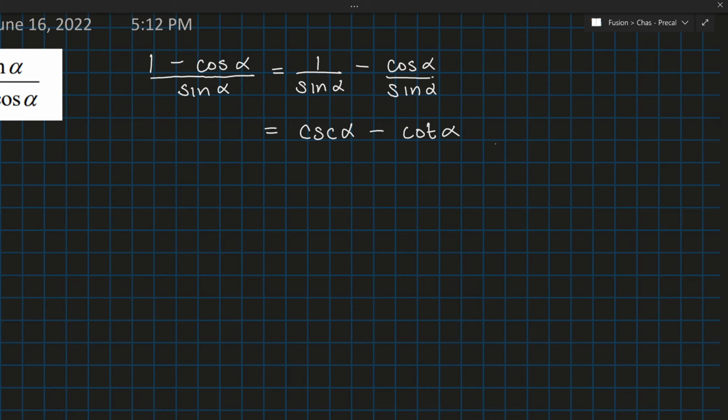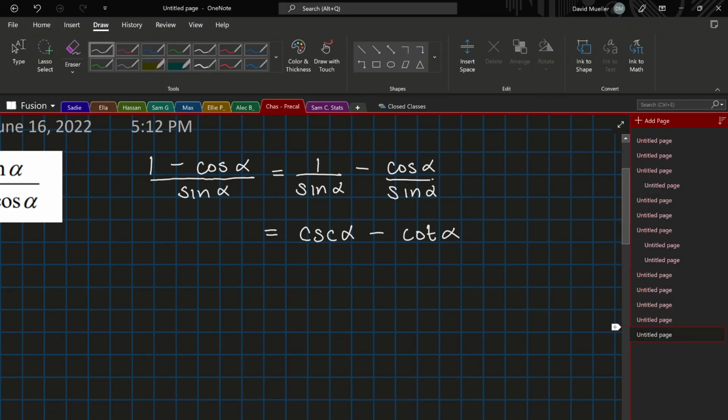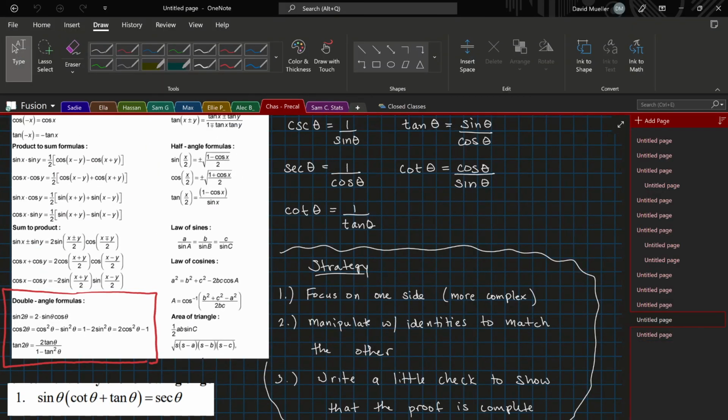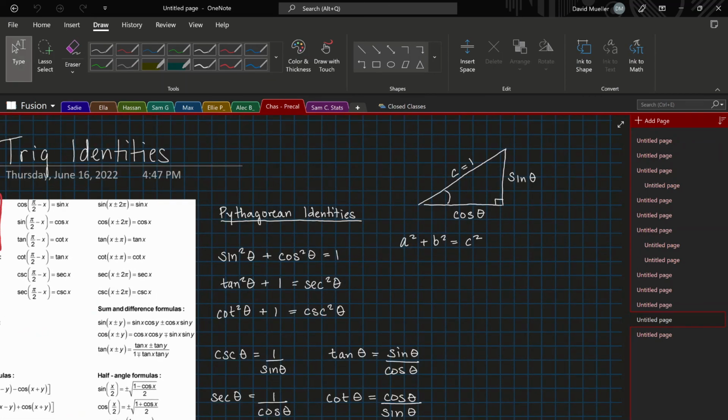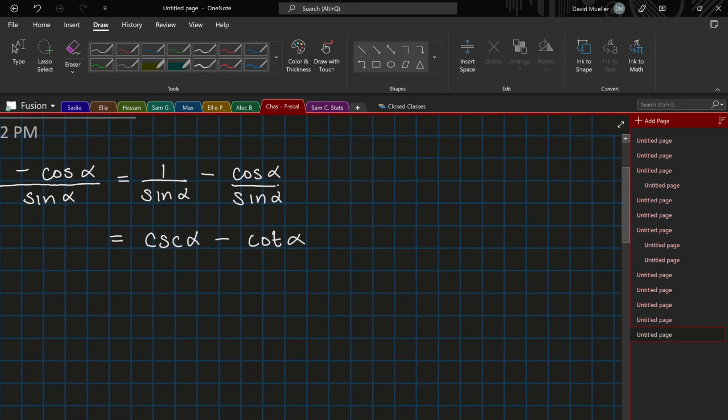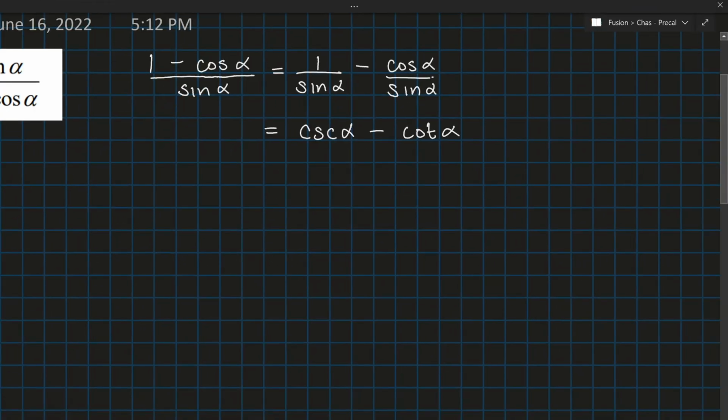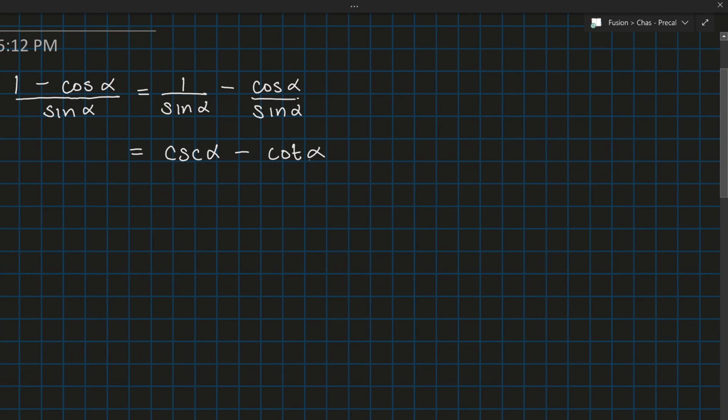So I think you're right. I think we will need some sort of square in here to get a 1, because if we look at our Pythagorean identities, one of them has a cotangent squared and a cosecant squared. So we probably want to get that somehow. The fact that we have a cosecant and a cotangent